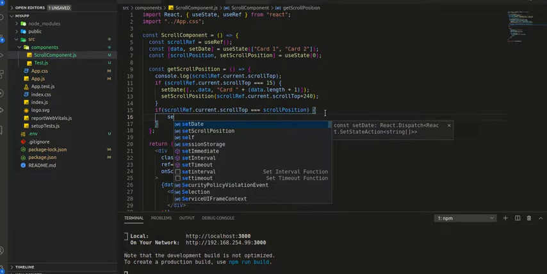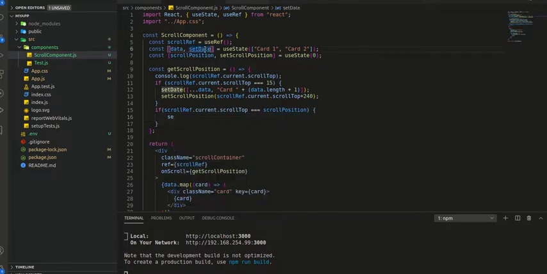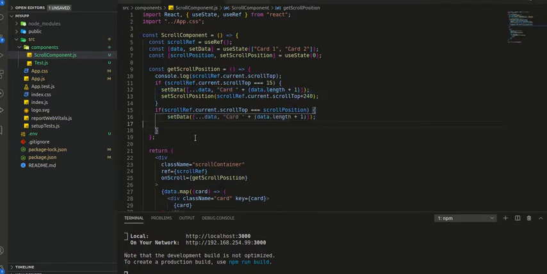So sorry, it is set data, my mistake. So yeah, we will just copy this logic and paste it here for setting our state.